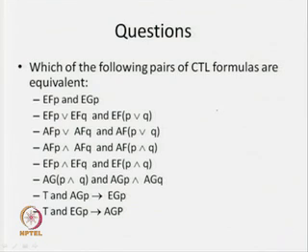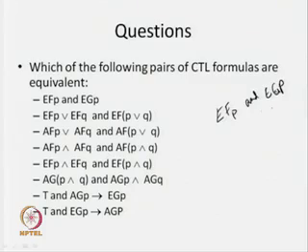So, for the first one, I am saying EFP and EGP. While checking for equivalence, if they are indeed equivalent, then we will try to establish this logically. But if they are not equivalent, in that case we will try to give a counter model, a counter example, where in one particular state one is true but the other one is false, and then we say that these two are not equivalent. What is the notion of equivalence? In any state, in any model, if one is true, then the other must be true.